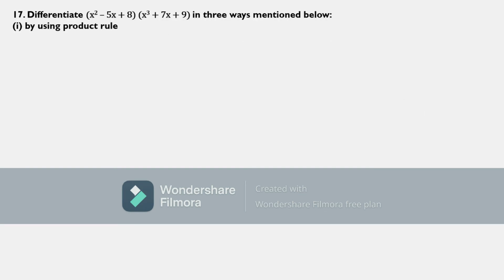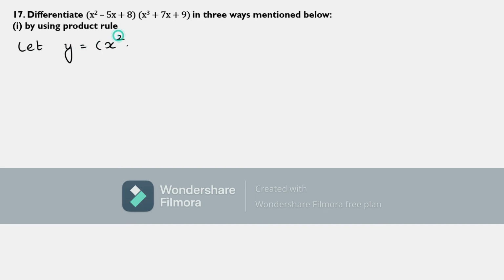So the answer is 120 for f'(1), right? That was simple, it just needed to be substituted. Let us differentiate question 17. Differentiate this in 3 ways, by using the product rule. Other methods are also given, but let us use them one by one, and we are going to see whether they give the same answer or not. That also needs to be verified, whether we get the same answer from all these 3 methods. So let us call it y.